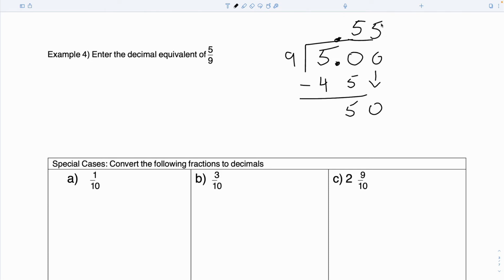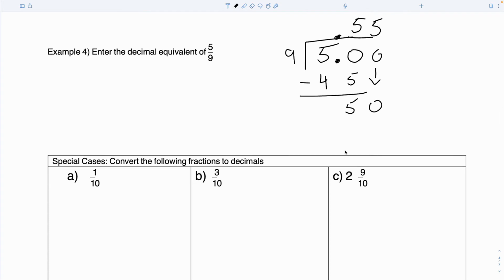50 divided by 9 is what, Max? What do you notice that's kind of weird about this? It's going to repeat. If you get to a problem where you do 2 or 3 digits, and 9 times 5 is 45, and it just keeps repeating, it's always going to end up with a remainder of 5. No matter how many times I do this,